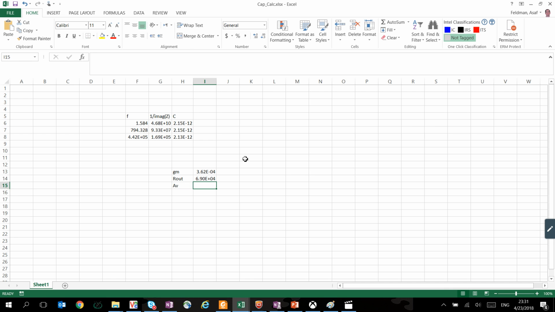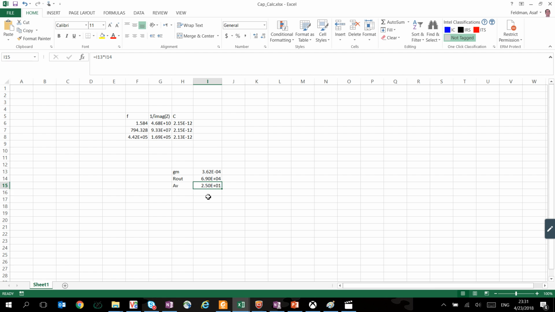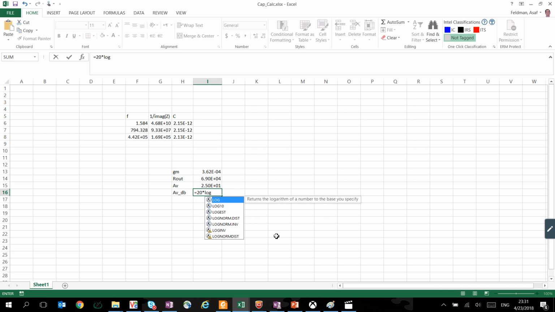So let's see, AV is going to be simply just this, which is about 25. It's not bad. Let's see, in dB, it's just going to be 20 times log. Sorry about that. 20 times log